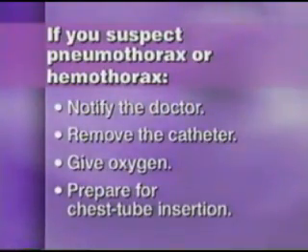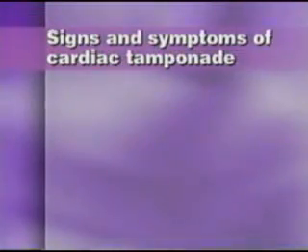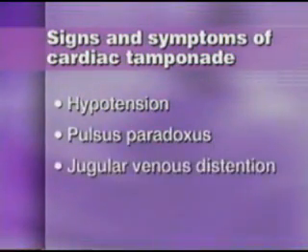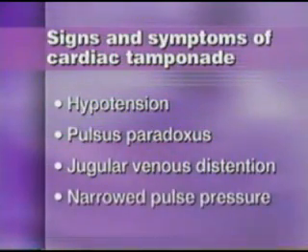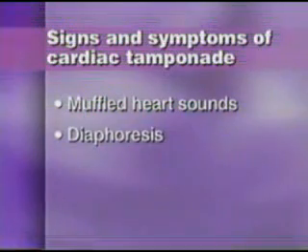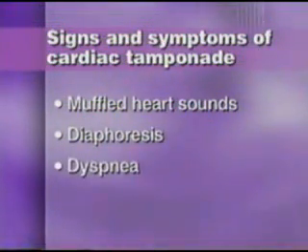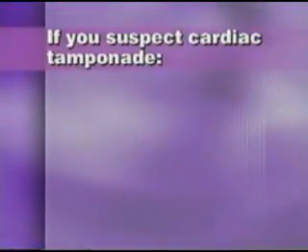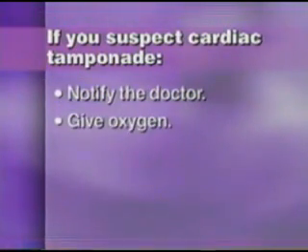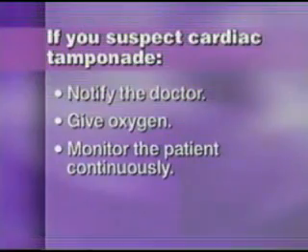Another complication, cardiac tamponade, may result from perforation of the heart wall. Signs and symptoms of cardiac tamponade include hypotension, pulsus paradoxus, jugular venous distension, narrowed pulse pressure, muffled heart sounds, diaphoresis, and dyspnea. If you suspect cardiac tamponade, notify the patient's doctor, give oxygen, monitor the patient continuously, and prepare for